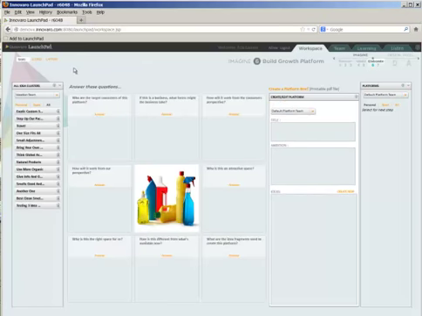And what you see here, for example, is all of the clusters of ideas that we brought over from our previous session. And in the middle here are a set of pre-configured questions that we've learned over time are important ones to ask and to answer about building the business platforms. Now, I should tell you that each of these questions is configurable. You can change it, you can add new ones, you can delete it. You get to put your own picture in here to do that.